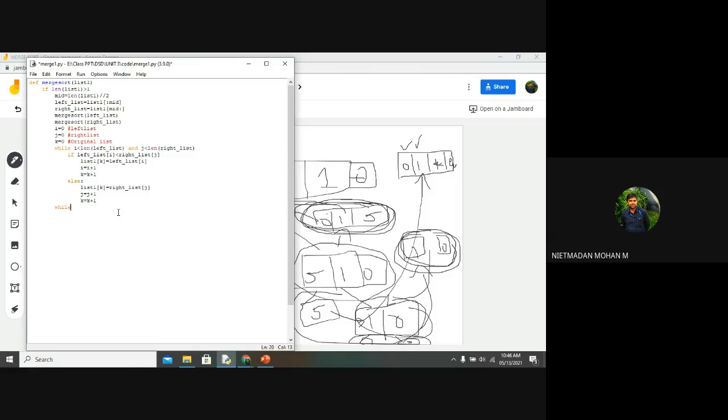While i is less than length of left_list, list1 of k is equal to left_list of i; i is equal to i plus 1, k is equal to k plus 1.